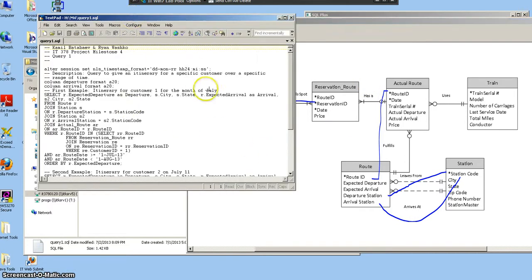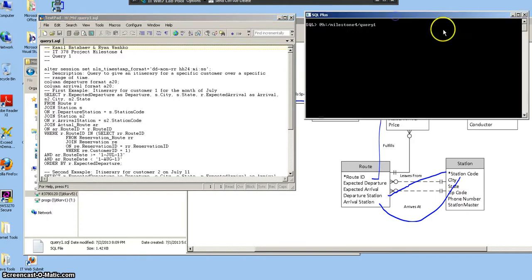So if you look at the actual query, we're selecting these values where the customer ID equals 1 for this first example, and where the date is between the 1st of July and the 1st of August. So we're getting an itinerary for customer 1 for the month of July. So if we run this query,